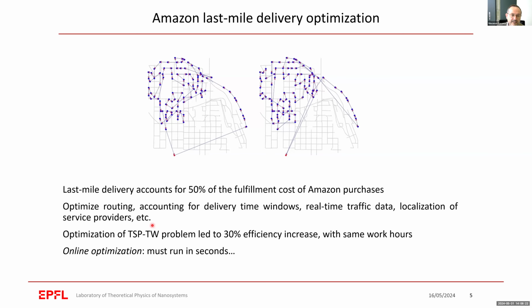For example, apparently Amazon is saving millions by optimizing the routes of the people who are delivering the Amazon packages. This is a kind of optimization which resembles the famous traveling salesman problem, which asks: what is the shortest path that touches at least once all cities on a map? This problem, however, is more complex than the simple traveling salesman problem, because